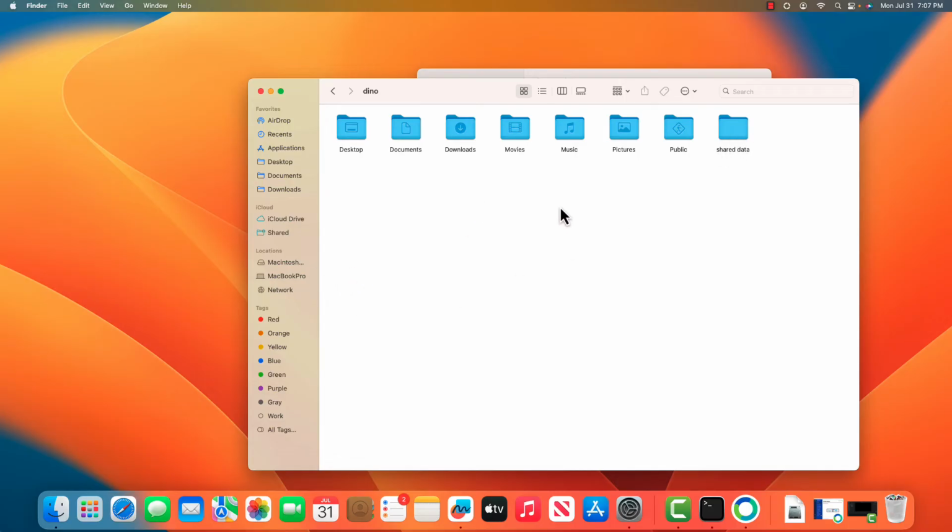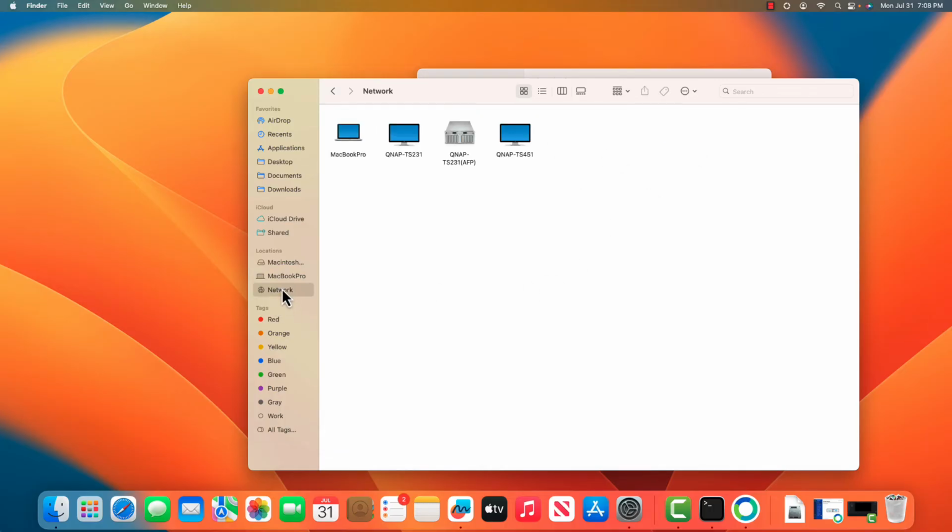Now if we want to connect to another machine and access some shared folders, we can go click on Network, and you see there's a machine here called MacBook Pro. A couple other machines that are on this network are sharing files, but MacBook Pro is the one that I set up for this demo. It's just an old MacBook Pro. If we click on this, it will say connecting,